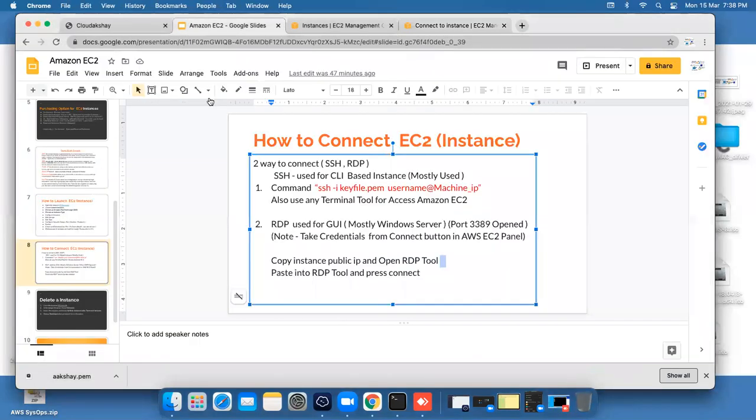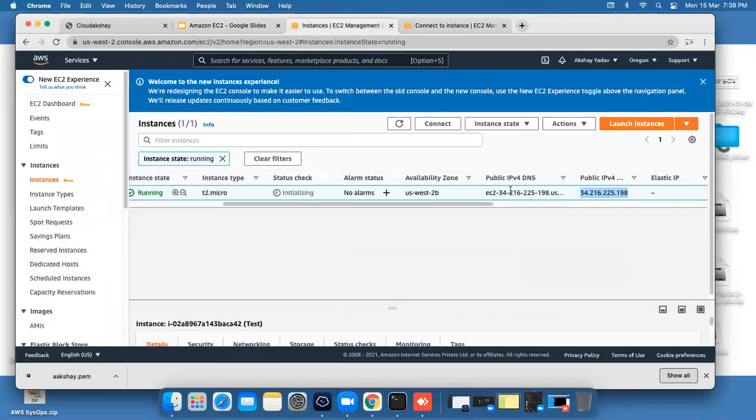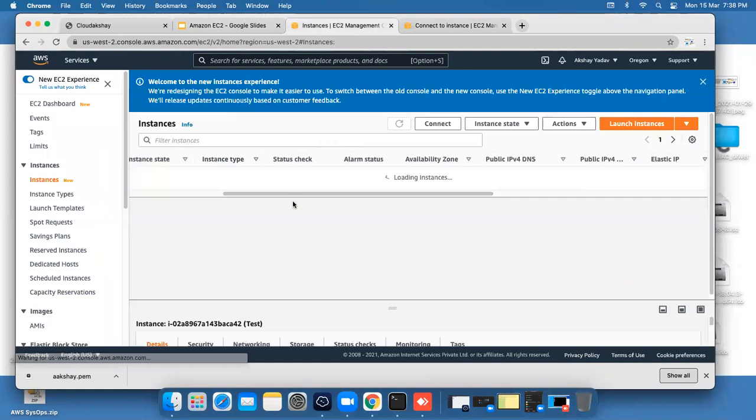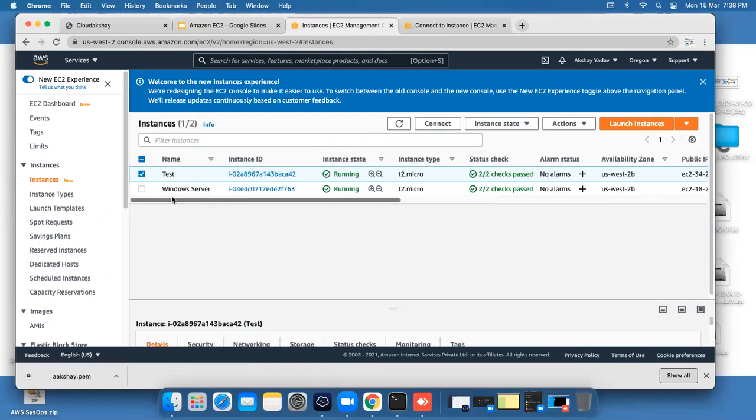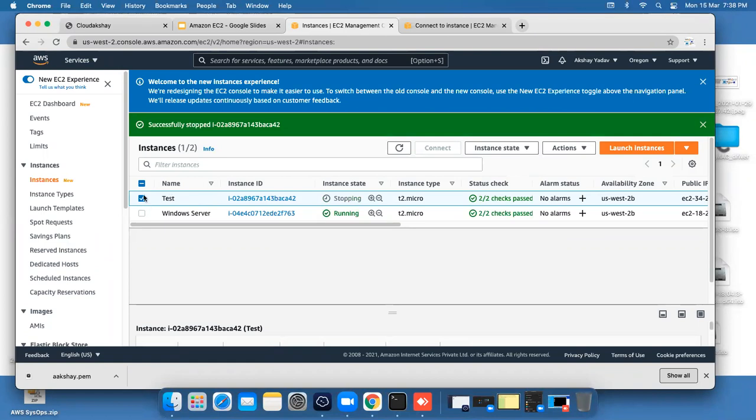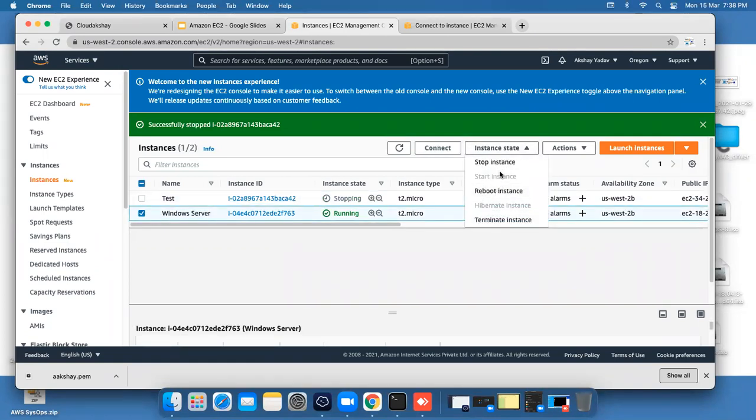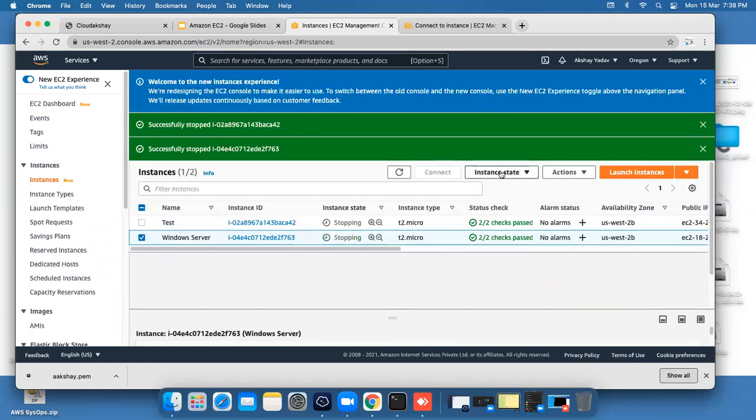So this is my EC2 console, and first I need to stop these instances, stop instance, stop, and again I have to select this and stop. I can also use the terminate option for both machines.